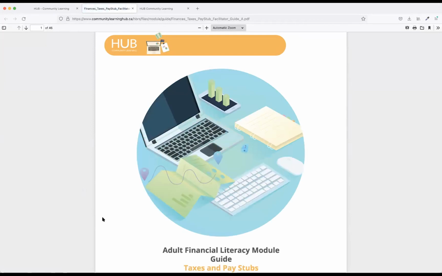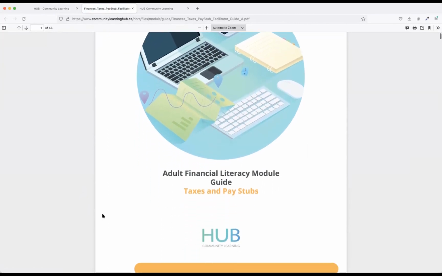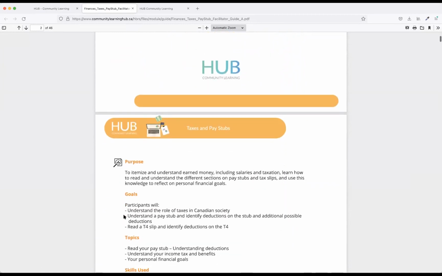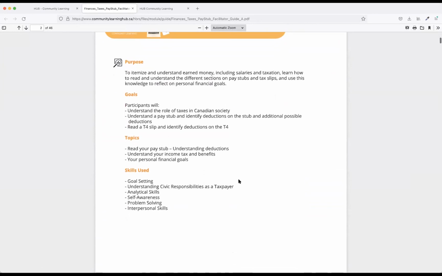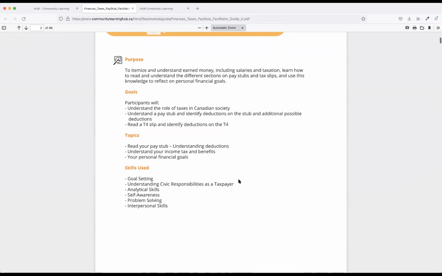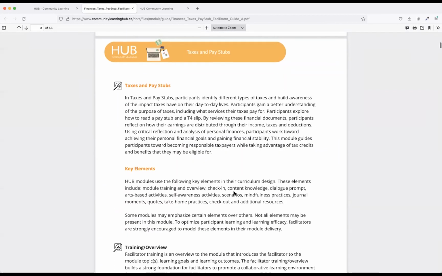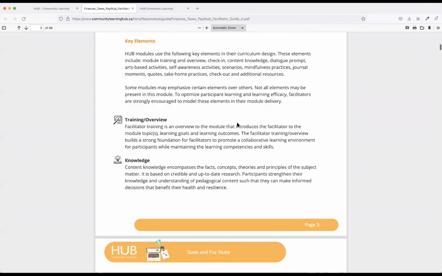The facilitator guide is a PDF that is detail-oriented and focuses on the module that you're about to deliver. You're given some background information on the module, including everything we went over at the beginning of the webinar, like the purpose, goals, topics, and skills used. And you're also given an introduction on what the module is and the key elements that you'll be going over